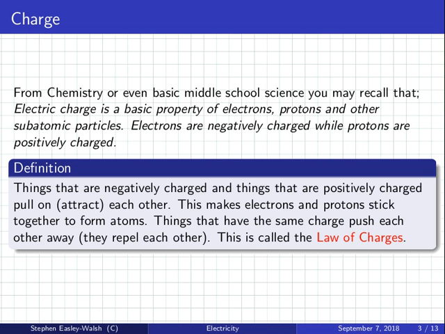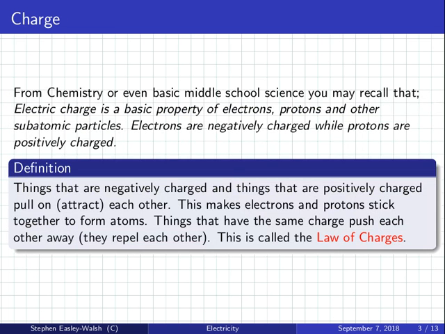So this is the law of charges. Now you don't need to write this down because I feel like you all know this very well from chemistry. Okay. So what's called the law of charges: like repels, unlike attracts. Yeah? You know this from chemistry? Yeah. So